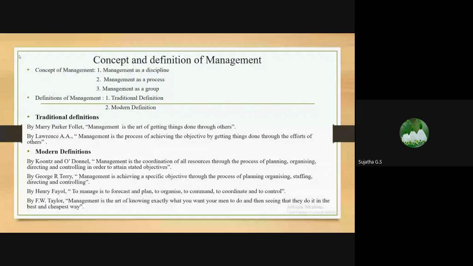Then by Koontz and O'Donnell, management is coordination of all resources through the process of planning, organizing, directing, and controlling in order to achieve objectives. Then by Roger, management is achieving specific objective through the process of planning, organizing, staffing, directing, and controlling. Then by Henry Fayol, to manage is to forecast and plan, to organize, to command, to coordinate, and to control. Then according to F. W. Taylor,